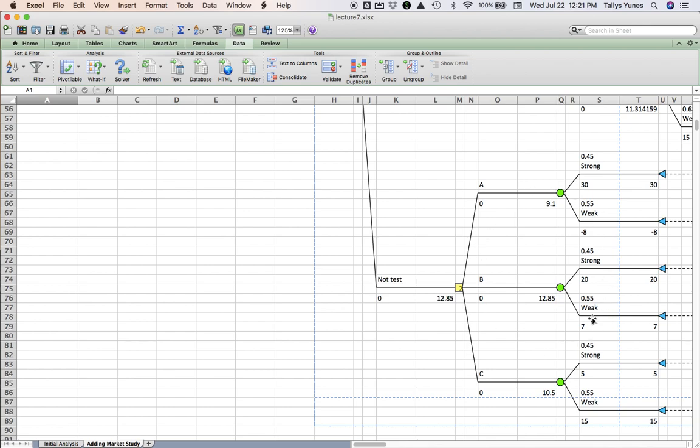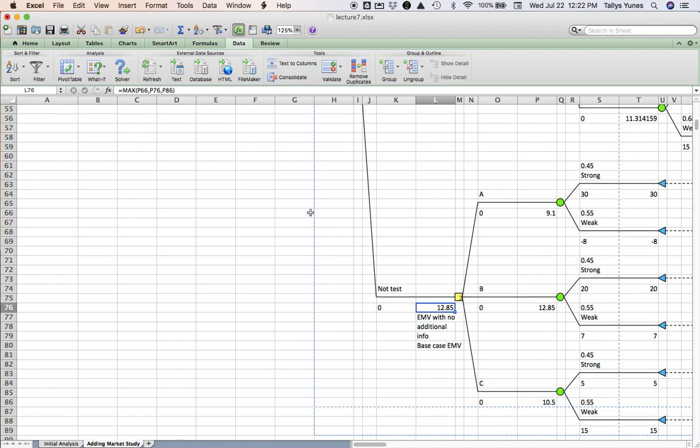And according to the decision tree, if this is how we want to proceed, the best thing to do is strategy B. And our expected monetary value, which I'm going to be referring to as EMV from now on, is 12.85%. So this is the EMV with no additional information. I like to call this the base case EMV. As in, if I don't ask for any extra help, what can I do with what I know now? And what I can do is 12.85.